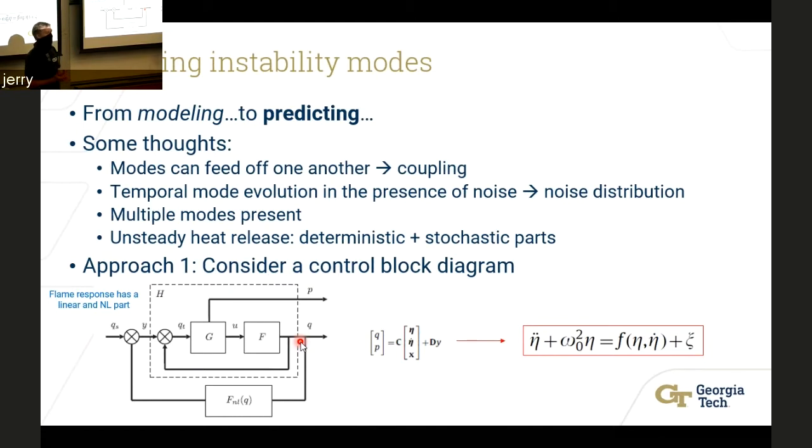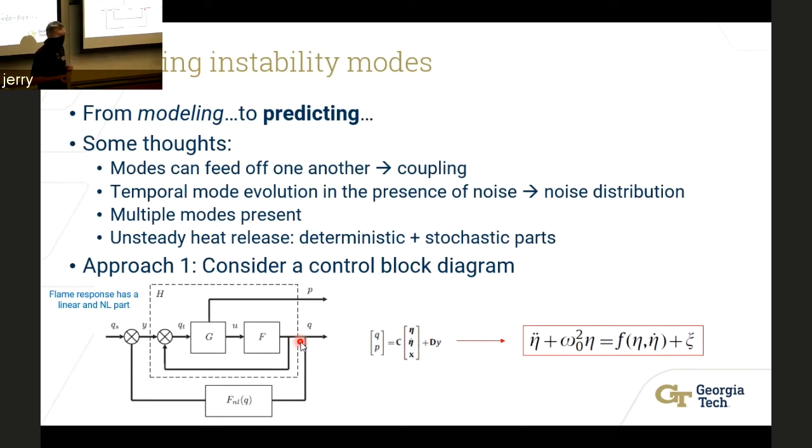The first approach is you treat it as a control block diagram. I, at first, did not gravitate towards this approach. I love thermofluids, but this approach, I think, distinctly models what we're trying to do. QS is the heat release, and this is treated as like an input to your combustor system. Then you have the nonlinear dynamics, the nonlinear acoustic dynamics. That's captured by F. And that right there is our feedback loop. So it's going to be driving more instabilities.